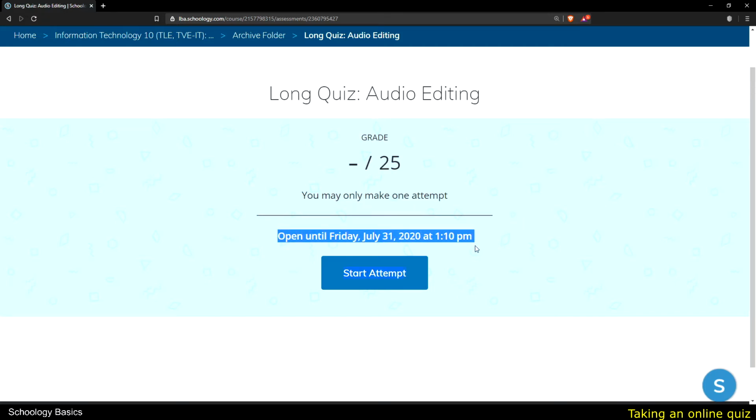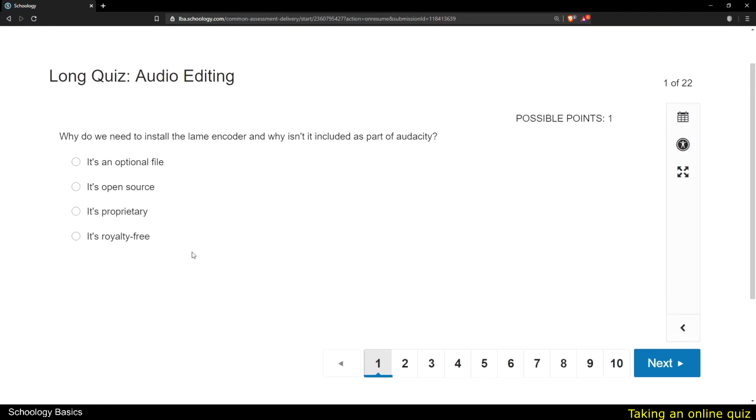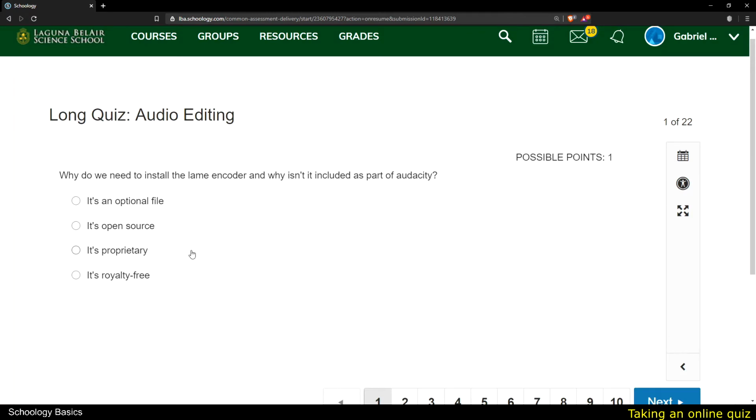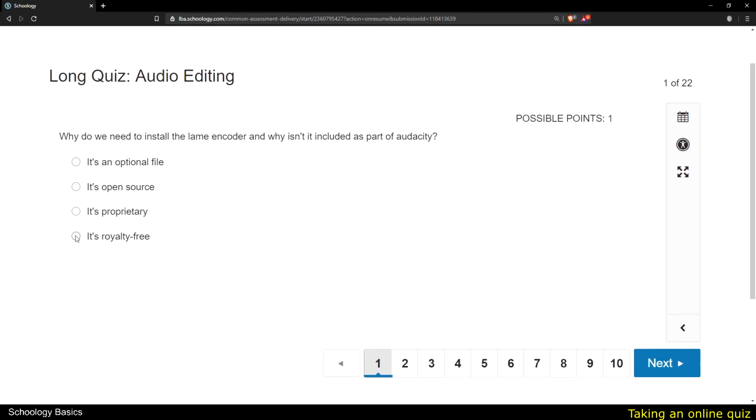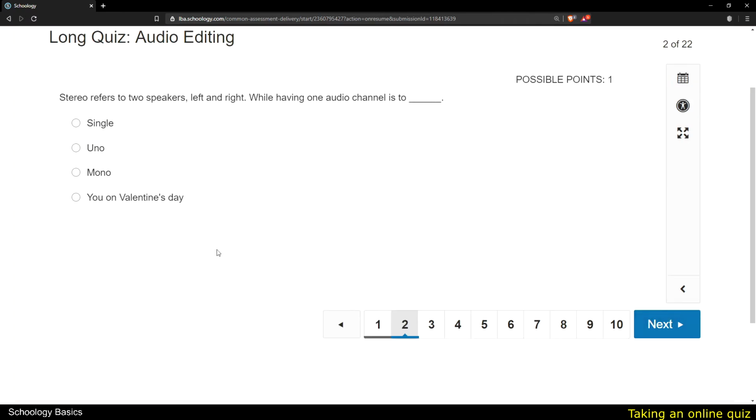As you can see here, there is also a text telling us that it is open until July 31. So let's start the attempt. Now, there are settings made by the teacher to make the test a little bit different. In this case, the setting is basically just multiple choice. And then once we answer something, we click on next,